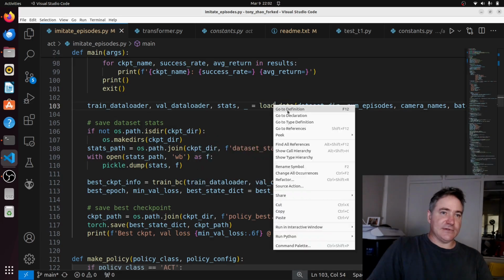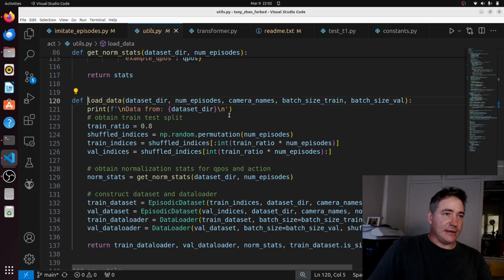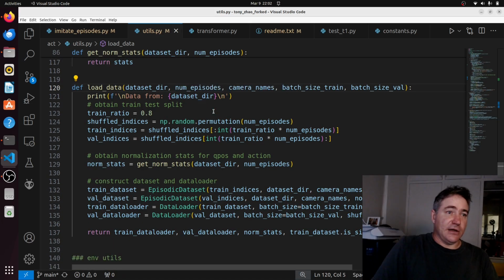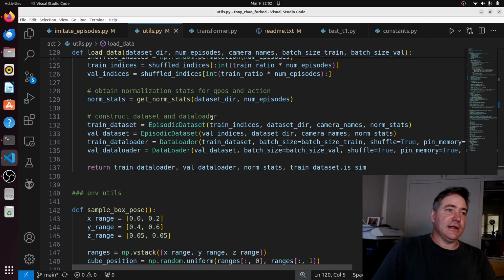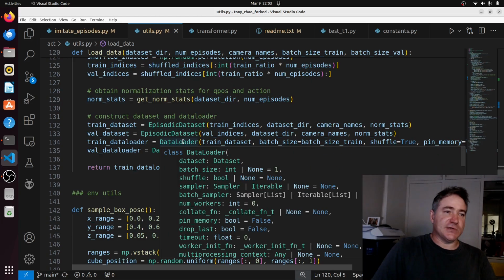So now let's have a look at this load data function. Okay, so here we are. All right. So this is in our utils. Let me see. Okay, so what it does is this just divides up which ones we want to use for training and which ones we want to use for validation. But our training data is actually given by here, and this is our data loader, which is part of the PyTorch